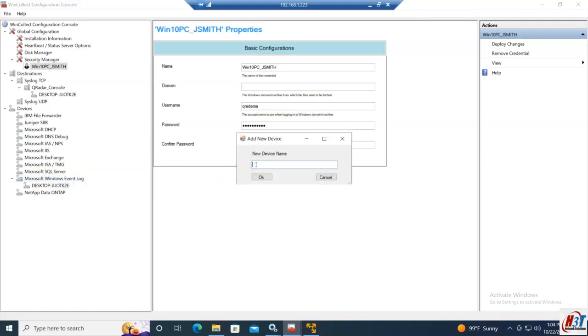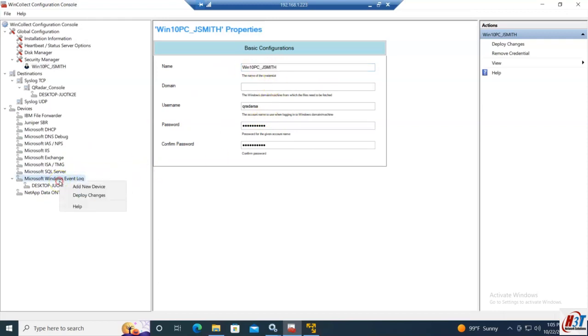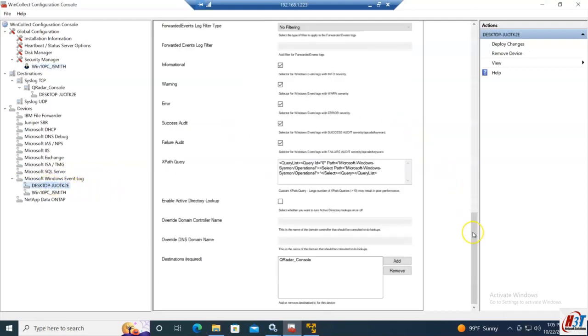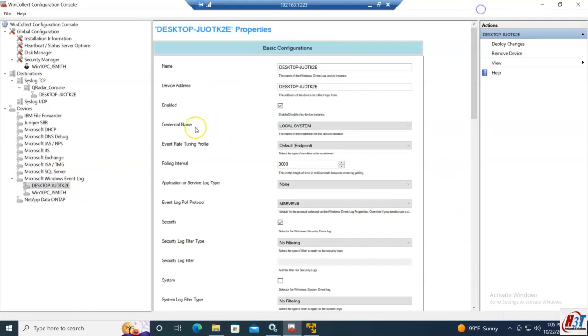So this time we will put again the same name. Actually this is a specific case for John Smith, but as I mentioned, if it's a shared service account among multiple devices, you can name it something different. And then from here you start adding your configuration, actually this one. So the device address you need to put here